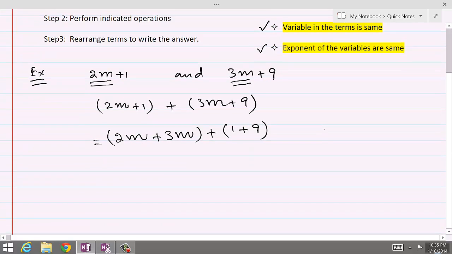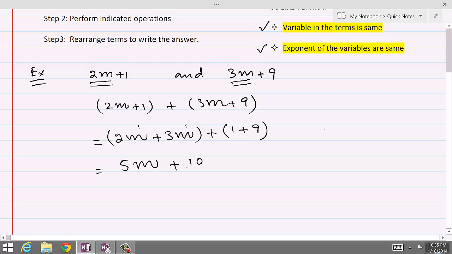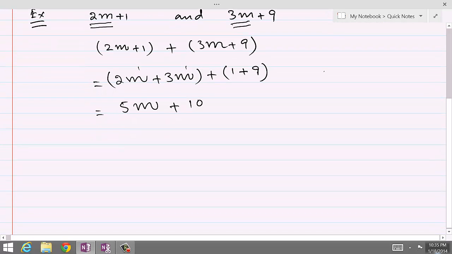So once we have grouped them, we can find the sum. 2m plus 3m will be how many m's? That will be 5m. Remember that the answer or the sum carries the same power as the two participating terms. Plus 1 plus 9 would be 10. So this is how we can add. And now there is one more example,